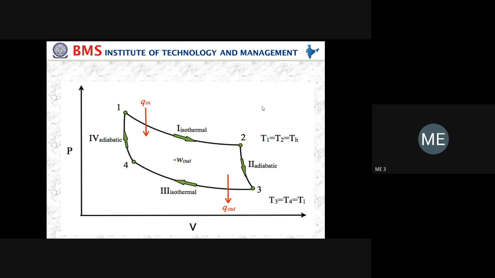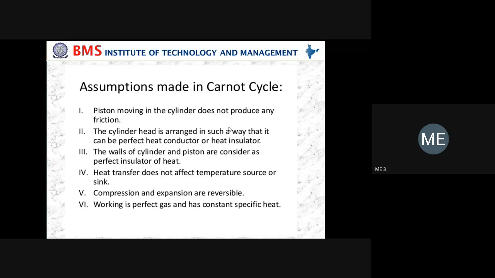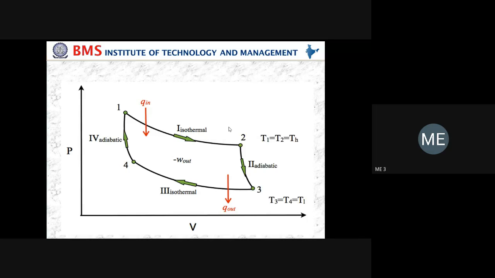Okay, hence it is very difficult to switch the speed in between the processes. First we have to run the engine at slow speed, then change to higher speed, then once again reduce the speed to a lower condition, and then go to the higher speed again. It is not possible at all in the case of Carnot cycle. Hence the Carnot cycle is not possible at all. It is impossible in nature, and we are calling it an ideal cycle. Okay, hope you understood this concept, why Carnot cycle is not practically possible.